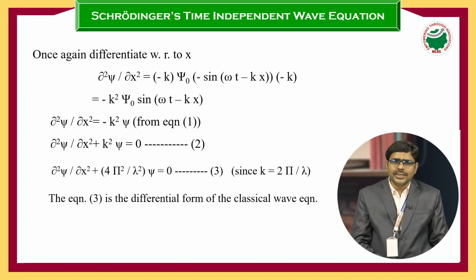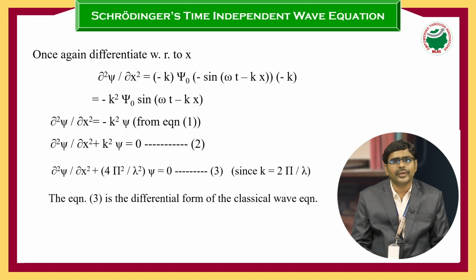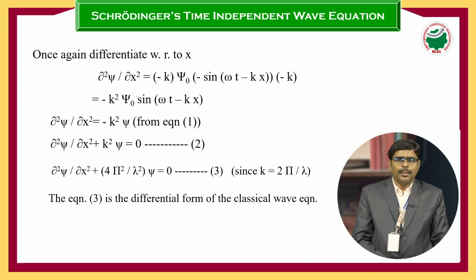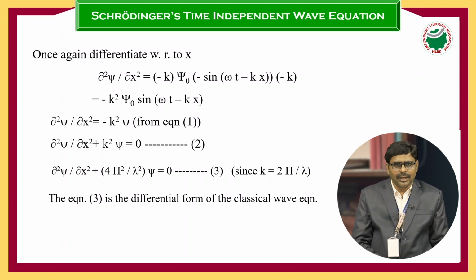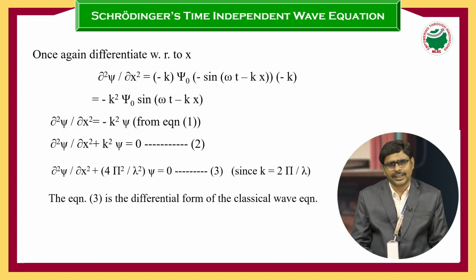Now we want to differentiate again. Why? Because it will give the energy of the particle. Here ∂²ξ/∂x² is equal to −kξ₀. When you differentiate that cos function, we get d/dx of cos x is equal to −sin x, so minus sin(ωt − kx), and again it has the x-dependent parameter −kx. Differentiating with respect to x, we will get −k.